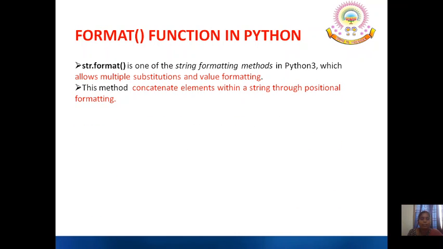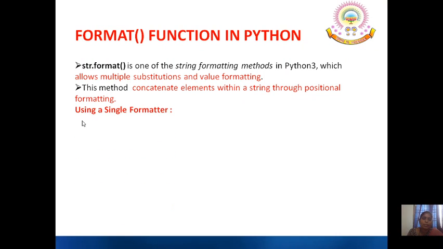So this method concatenates the elements within a string through positional format. You will be able to understand this statement once you see the examples. So as of now, understand that you are going to combine the elements within a string, and that combining is done by the positions that you have provided in the format.